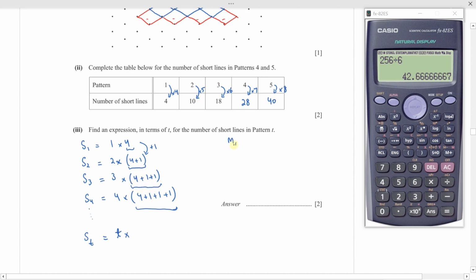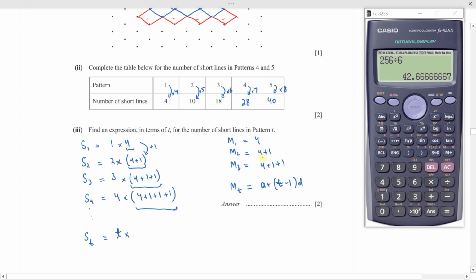So the first multiplier is 4. The second multiplier is 4 plus 1. The third multiplier is 4 plus 1 plus 1. So what will be the multiplier for the tth term? If you want, you can use the formula again, which is a plus t minus 1. Usually we do n minus 1 because we are looking for the nth term. Here we are looking for the tth term. So a plus (t minus 1) into d, where a is your